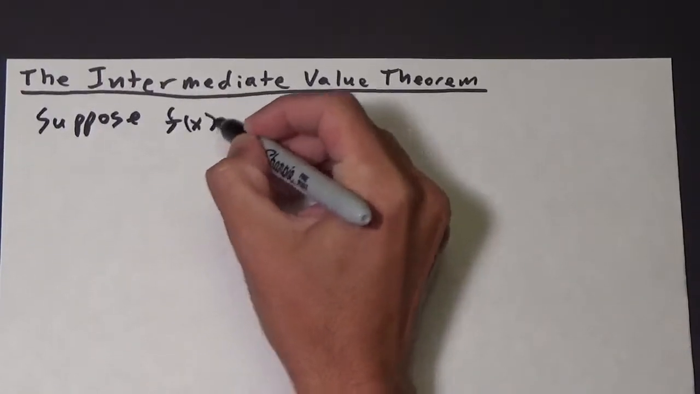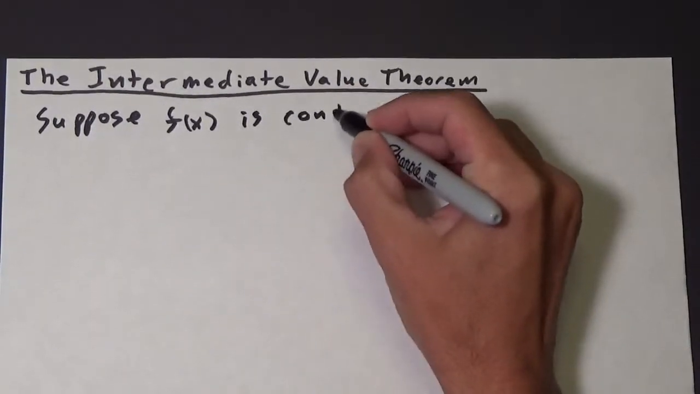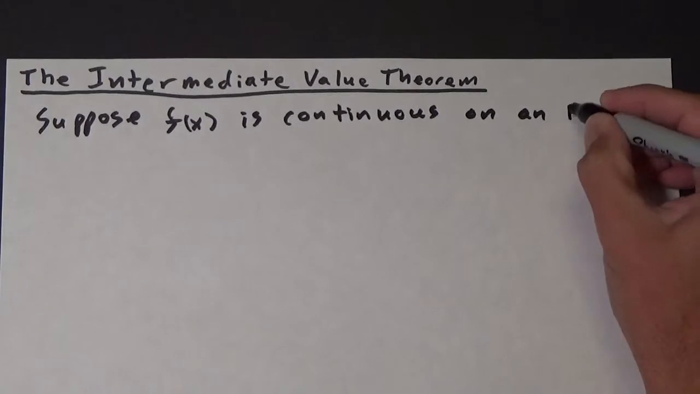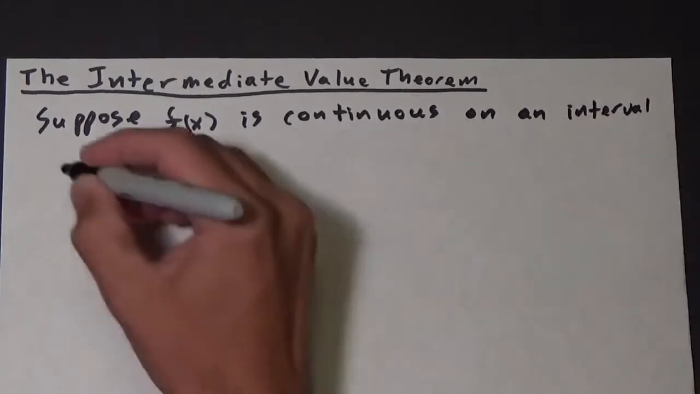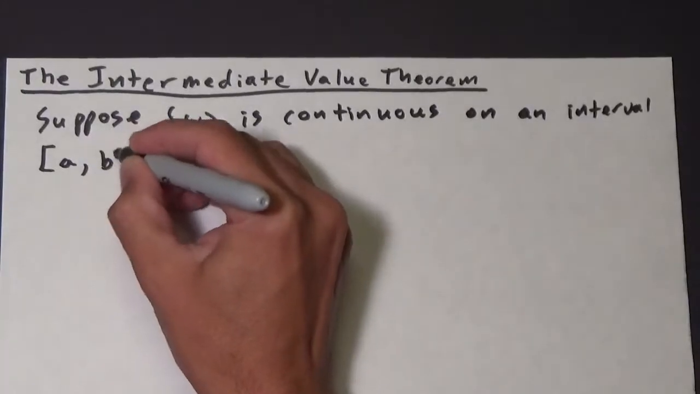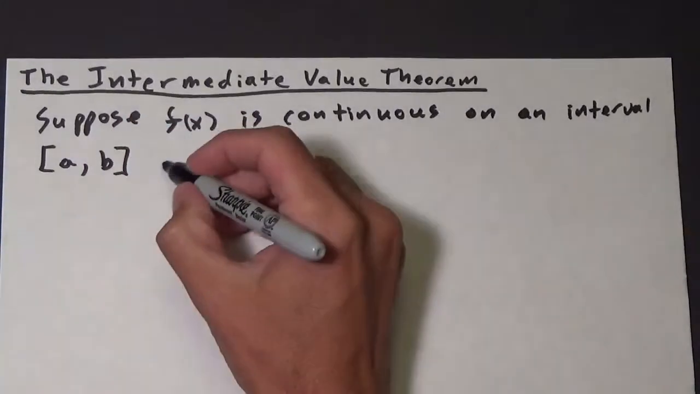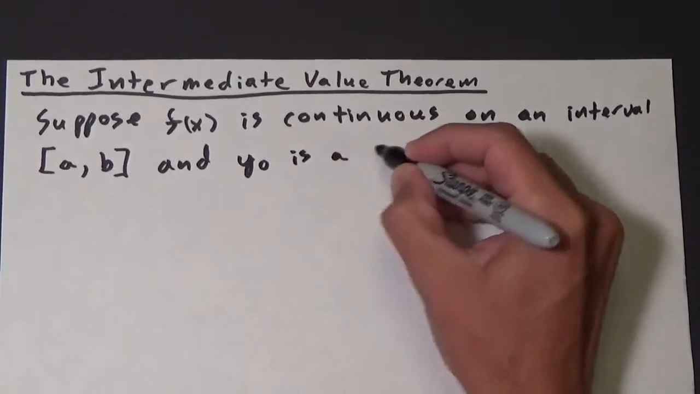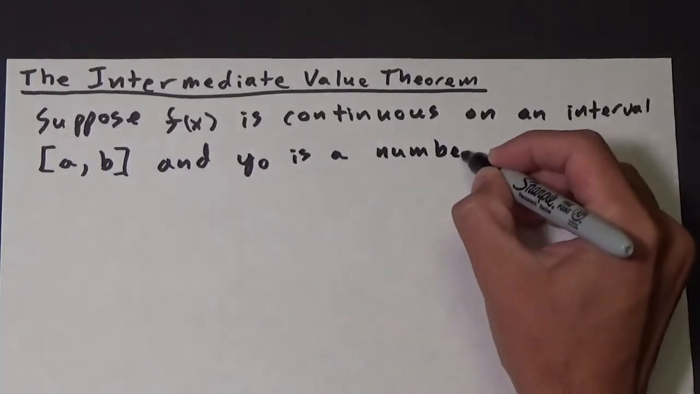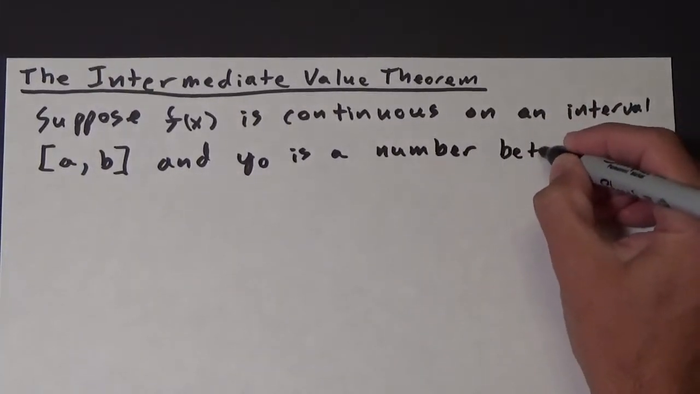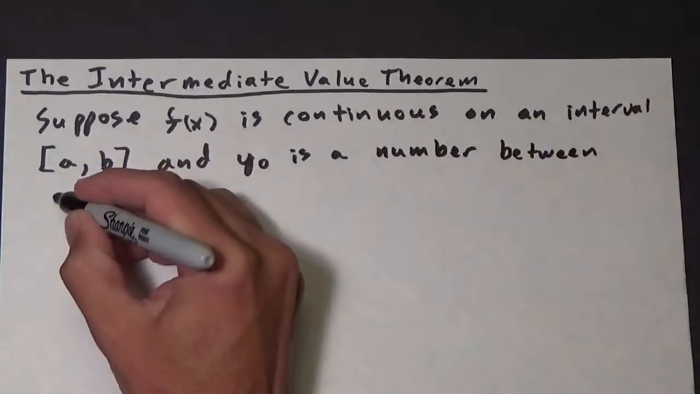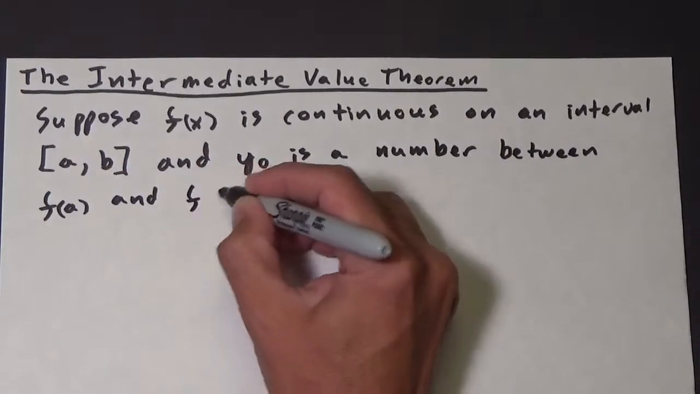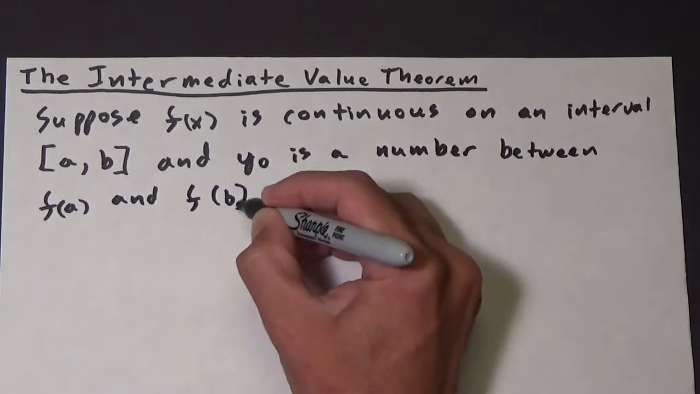Suppose f of x is continuous on an interval from a to b, and that's the closed interval from a to b, and y sub naught is a number between f of a and f of b,